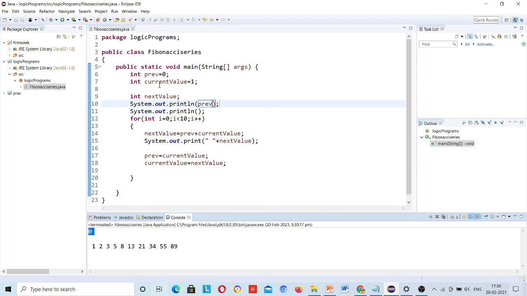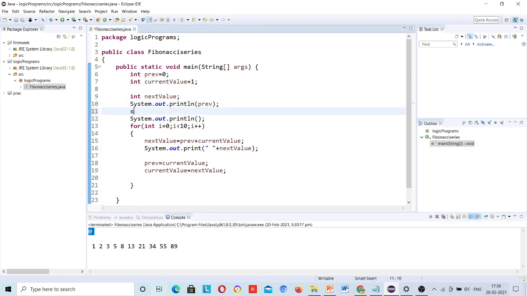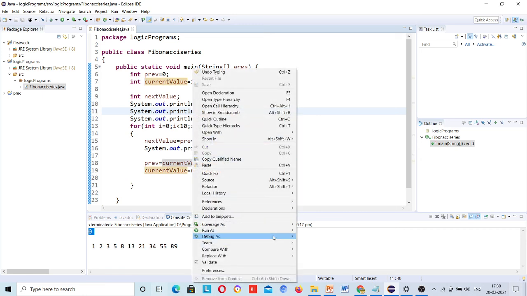I am also not printing the current value. I can also print this current value because I am adding for upcoming numbers. I am not considering this. You can print both of them here. Okay, and then you can find out.